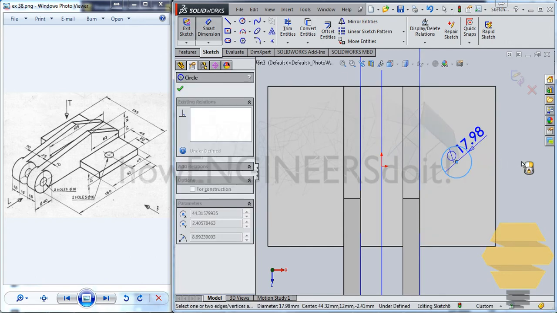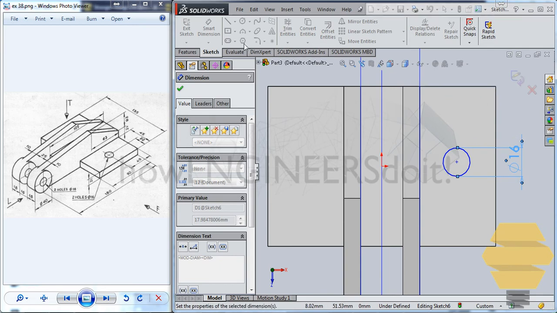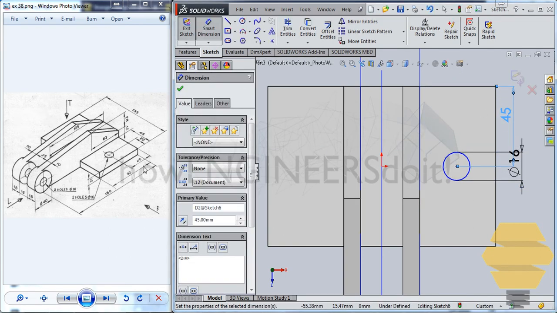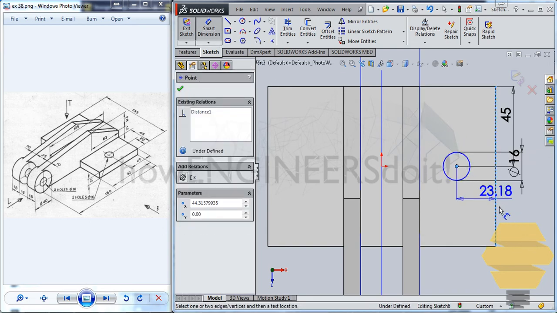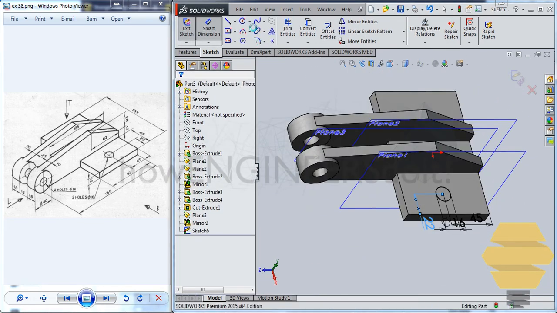Just create a circle and just do a dimension of diameter 16, right? So 16, and we can place that circle at 45 from here, and 22 from here. Exit the sketch, and now you can go for